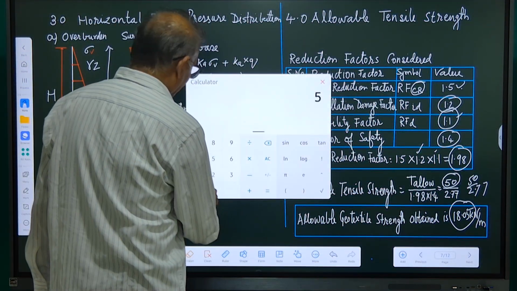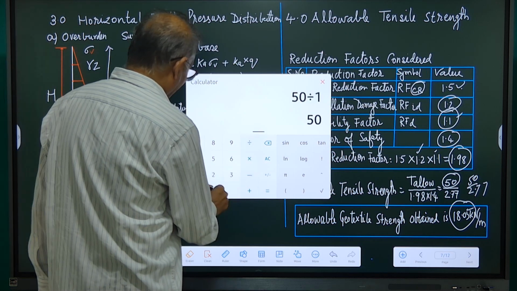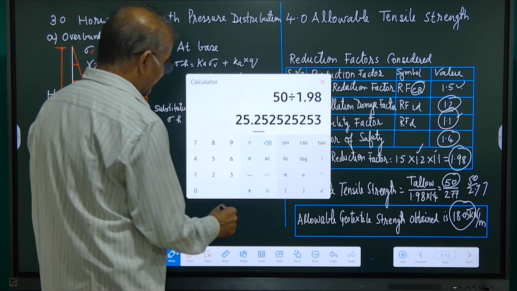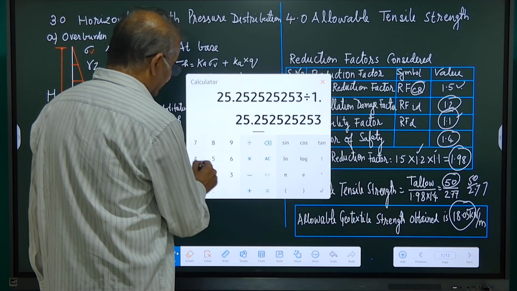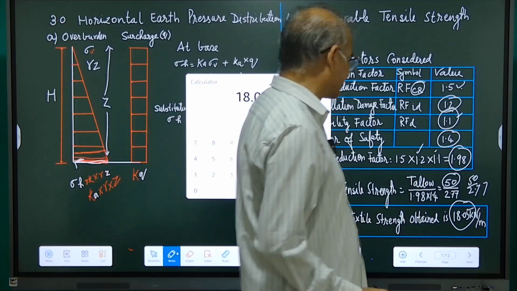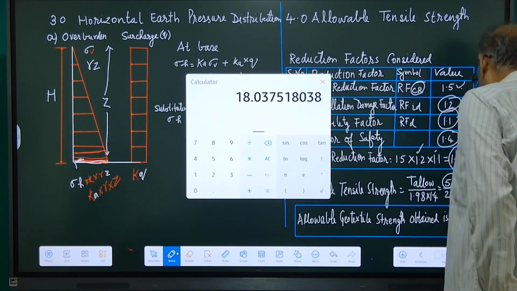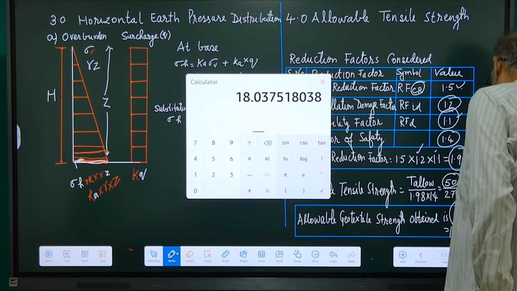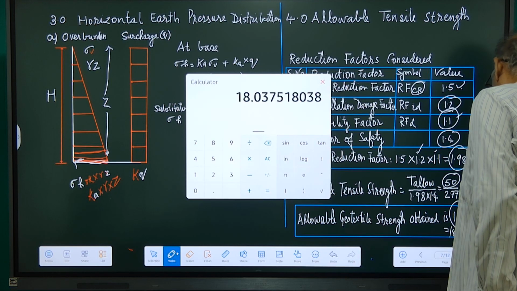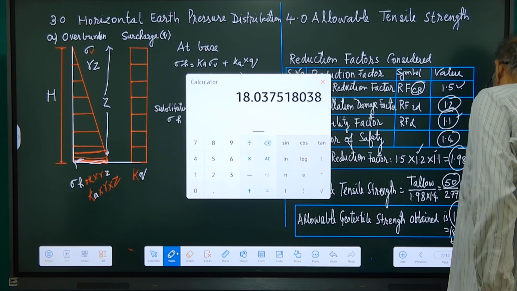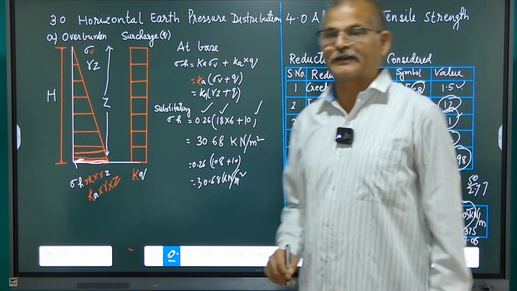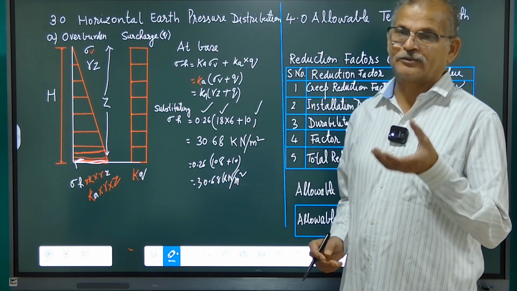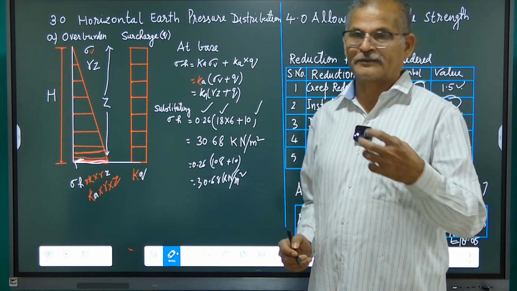50 divided by 1.98 reduction factor and again divided by 1.4 factor of safety. So it has come 18.0375, or we can say 18.05 kilonewton per meter. After application of the reduction factor, so geotextile का जो safe ultimate reliable tensile strength है